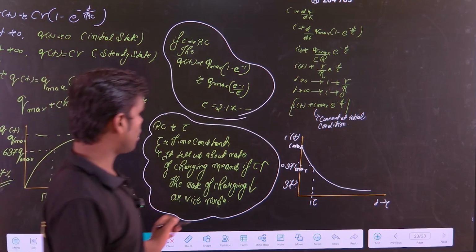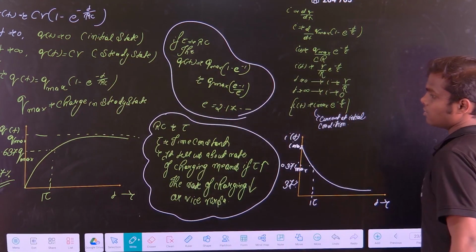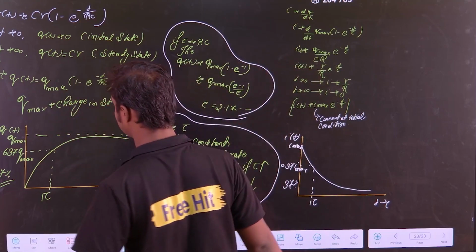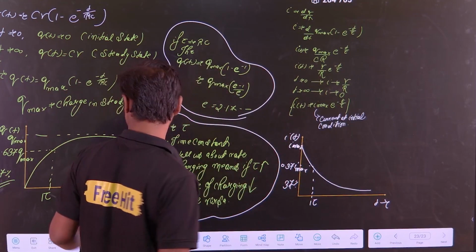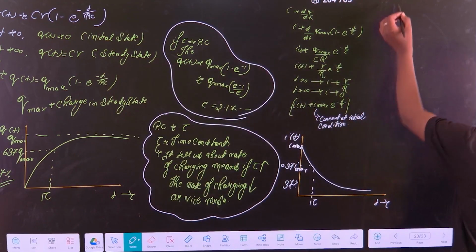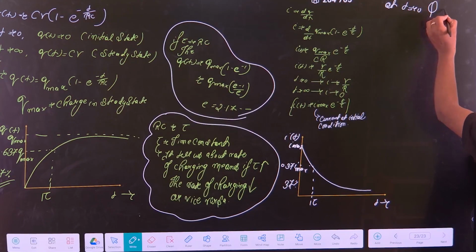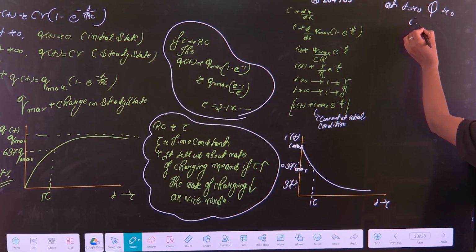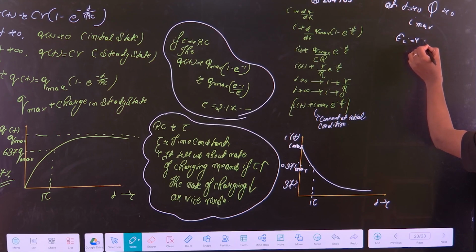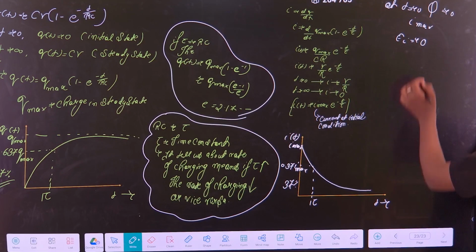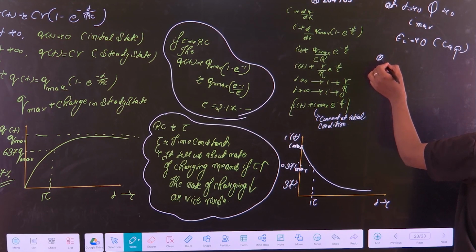One more thing you can understand here. Initially there is no charge, correct? At t equal to 0, the charge is 0 and the current is maximum. So at t equal to 0, the charge is 0 and I is maximum, correct? So what is my initial energy? My initial energy is 0 for the capacitor, correct? I'm talking about the capacitor. Now at t equal to infinity,